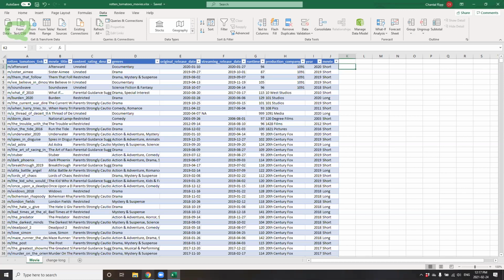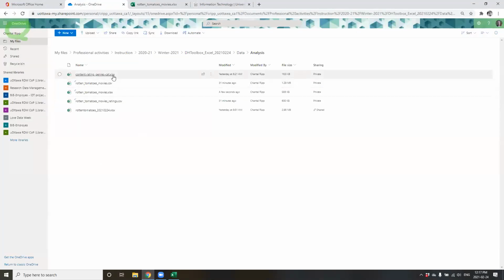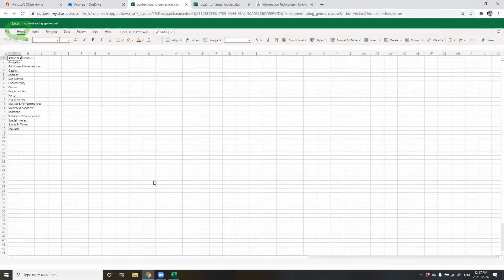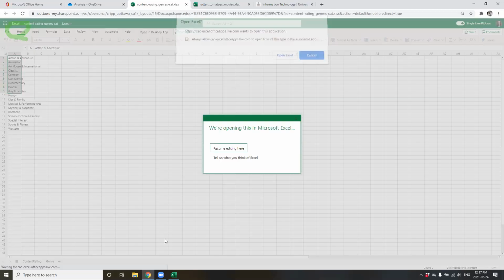So I have another data set that I'm going to go and open, because we'll be using these for other purposes. And I'm going to go ahead and add these into my data set right now. Open in desktop.